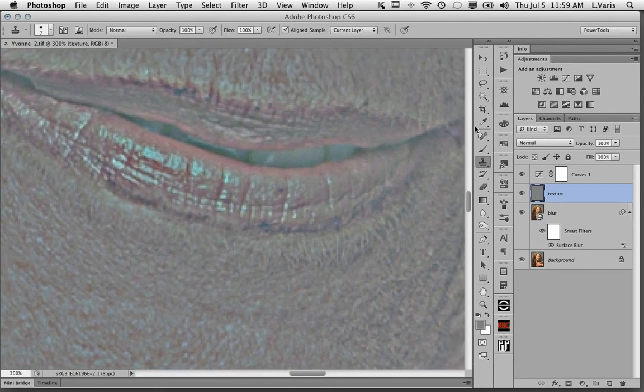For instance, we can use the spot healing brush. If I select that, I can move in here. My goal here is to get rid of some of the darker spots and crevices, where the lipstick sort of piled up in the edges. And so I'm just going to smooth that out a little bit, just using the spot healing brush. And we'll go up here to